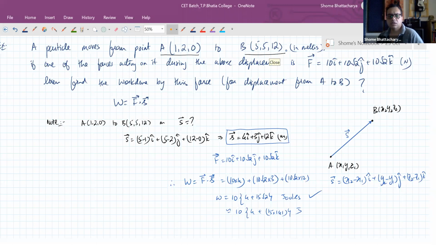F is given to us, Akash, in the question. Only when we know the value of F from what is given in the question, then we can find the work done by it.